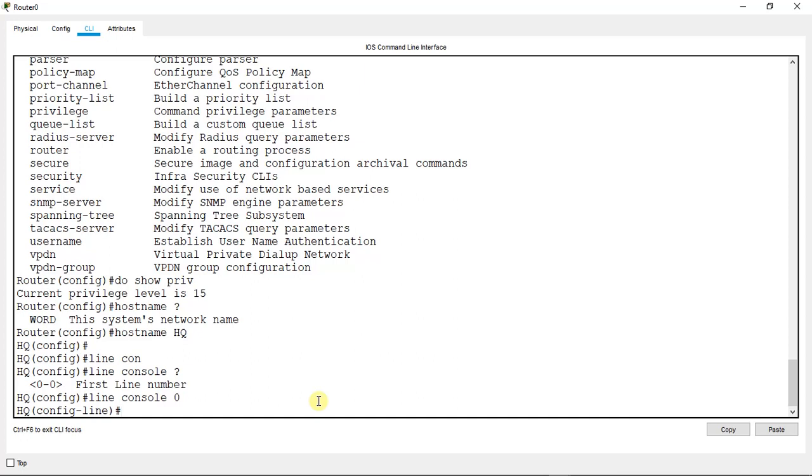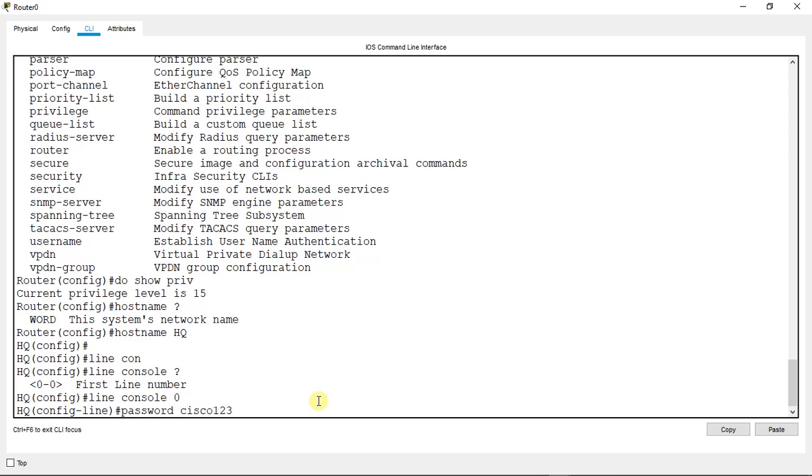This is another Cisco prompt mode that we have, apart from the three major modes, the user mode, privilege mode, and global configuration mode. We have other submodes like the line mode as well. In this line mode, I'm going to set the password using the command password. Then I'll type the password. Let me give it